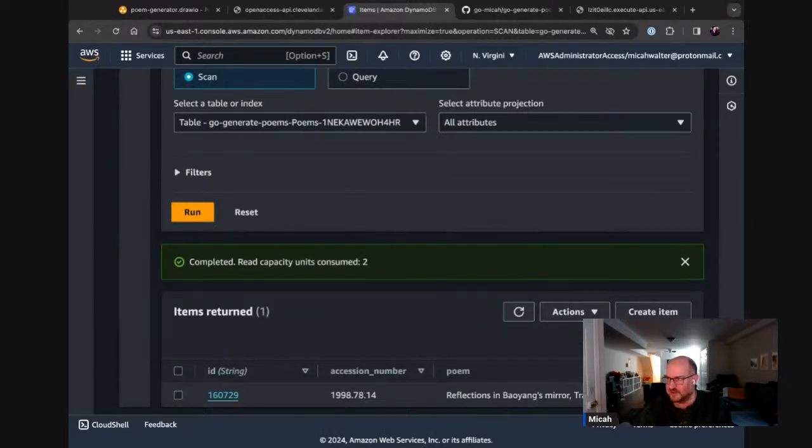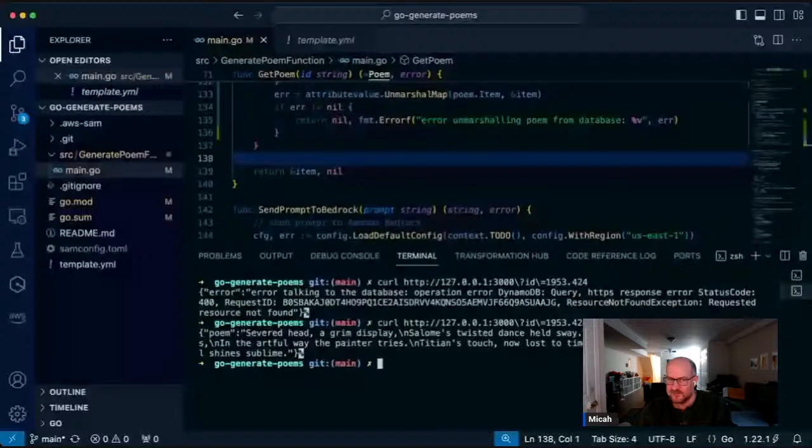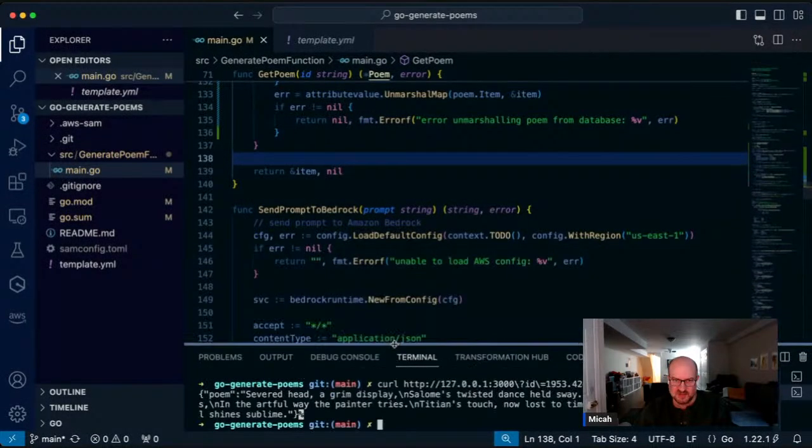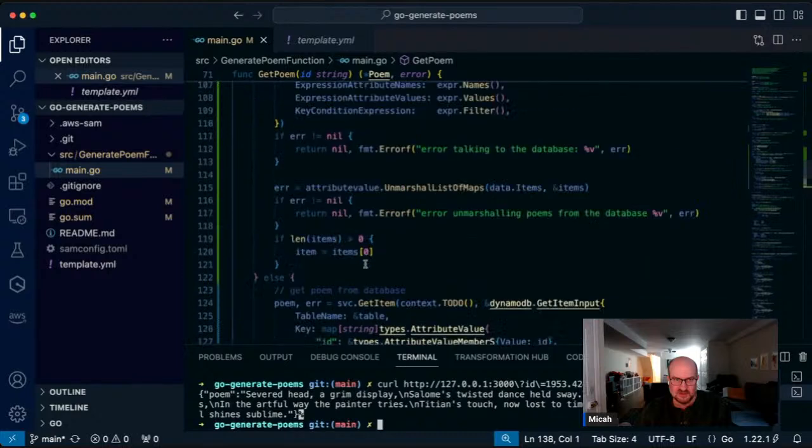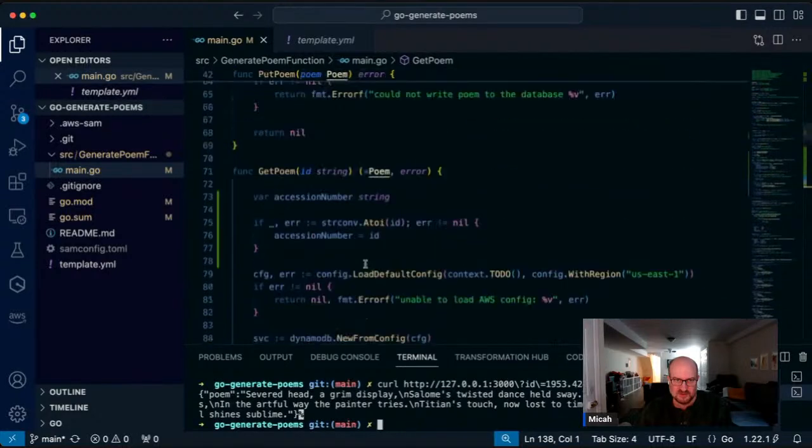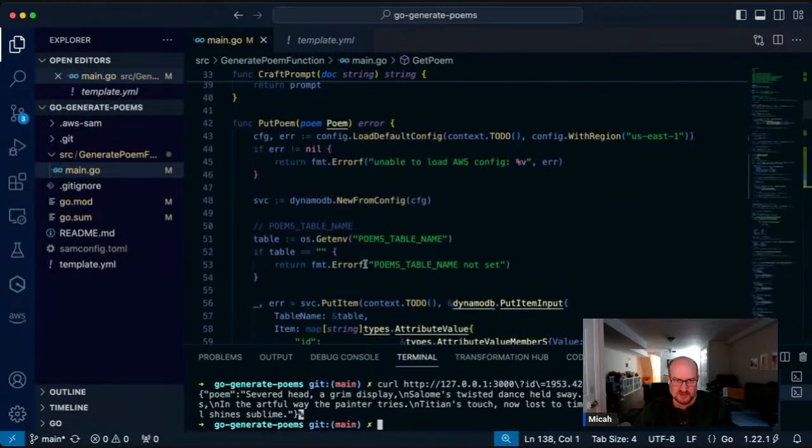All right, and let's jump back into code. We're going to get this right. We're going to be done with this real soon, I hope. Okay, so back to the code editor. What happened? We managed to save a new, so in our put, here's put poem.